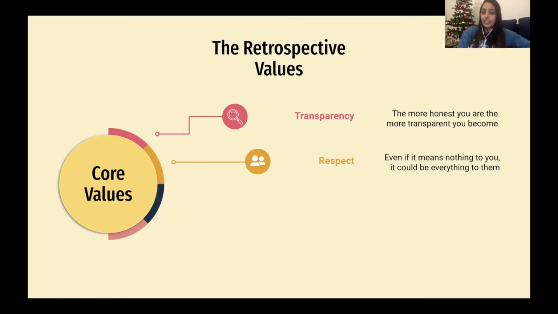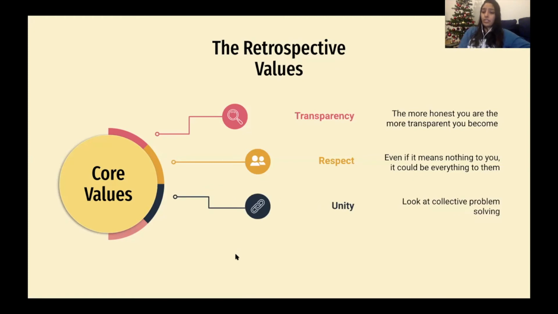The next core value is respect. Even if maybe as engineers or even as a product owner or as a scrum master, you might be like, well, we don't really agree with you. That's okay if you don't agree with what the person says. The fact that they are saying it means that there is some value in it. So you need to respect what that other person is telling you. Hear them out and listen to them with an open mind.